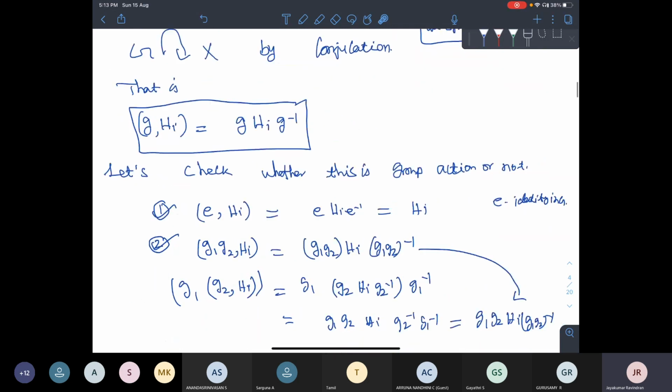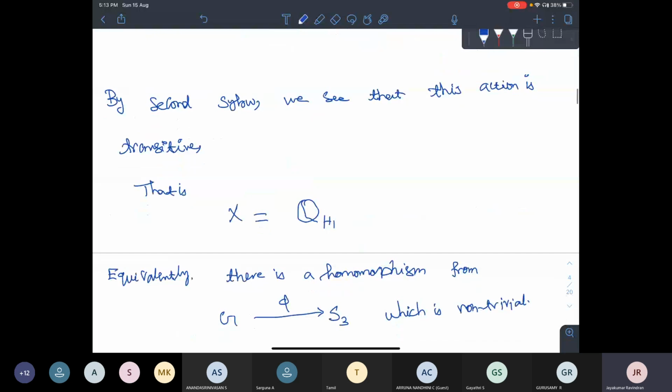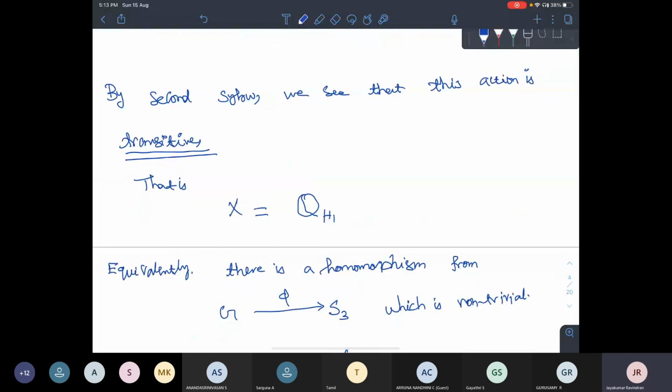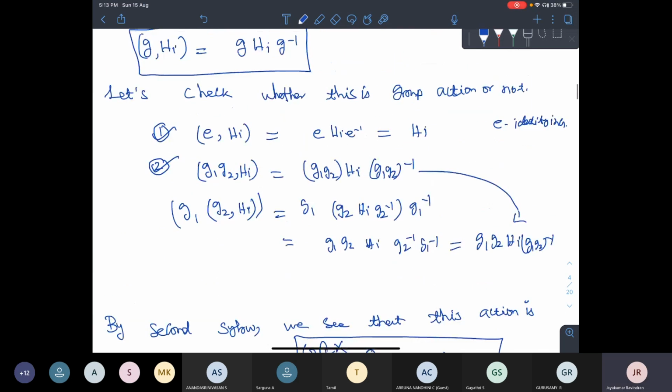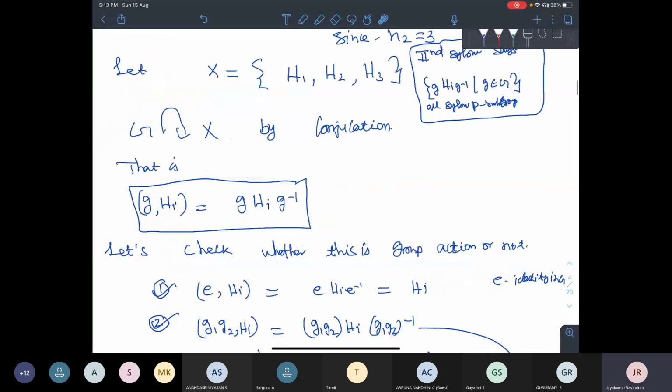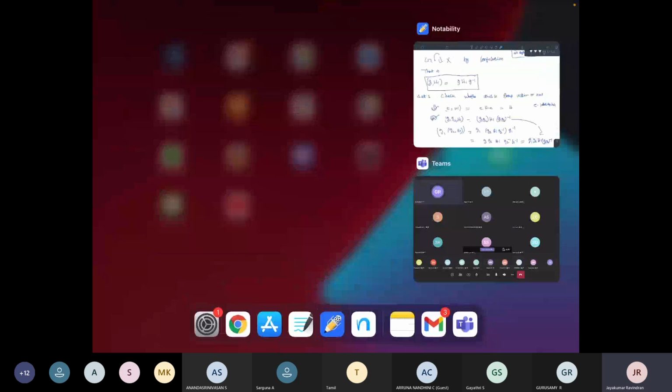So in group action language, do you remember yesterday I said something? Transitive action. Suppose G is acting on X, and the whole set X is one orbit, then it is called transitive. So the second Sylow theorem is saying this action is transitive, nothing else, just transitive. Roughly, you catch one, then you catch every one by this. That is what I technically defined as a group action.